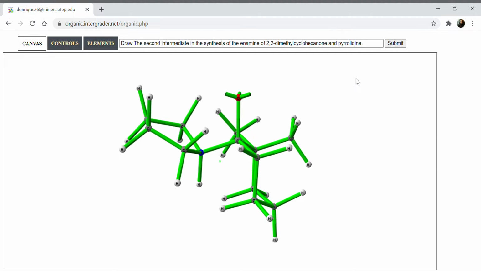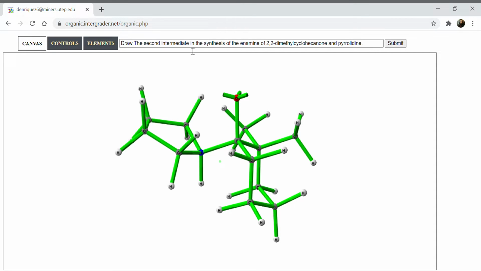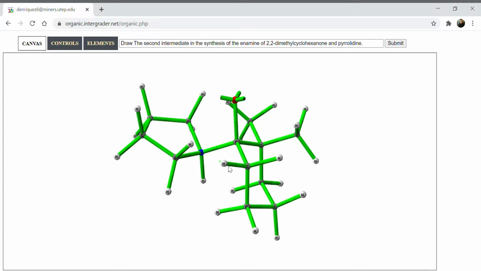Okay, so this lesson's a little different. It's shorter, so it's good, because there's only 3 intermediates and 1 final product. So let's jump in. This is the second intermediate, and for this one, we know we're gonna have to remove